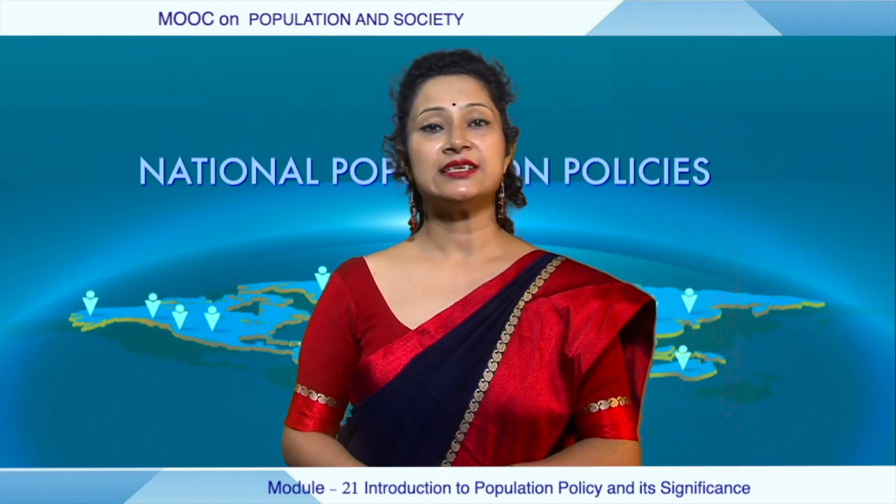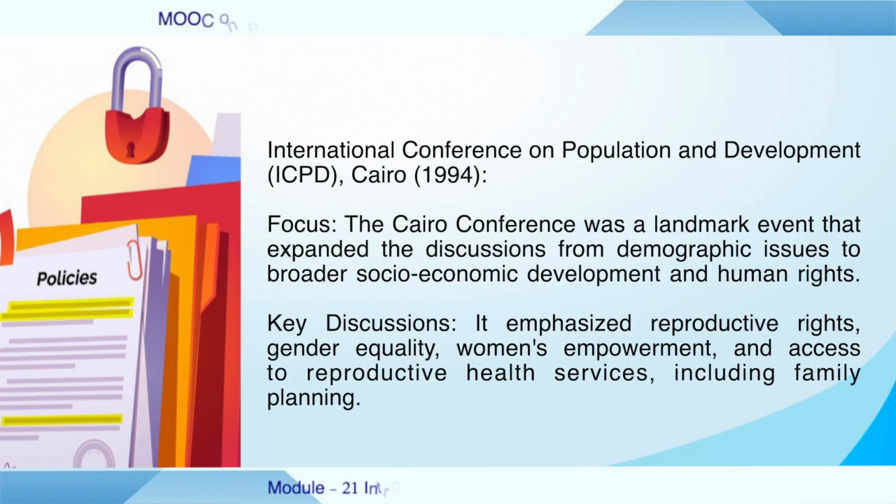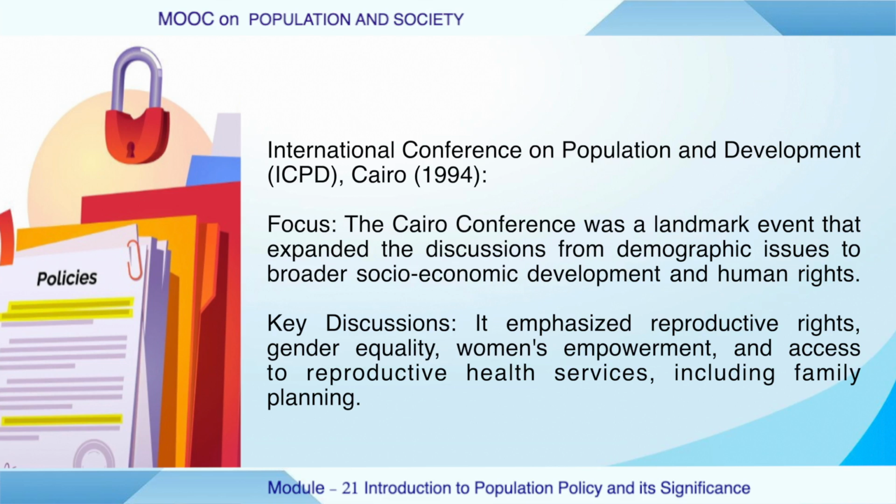Next, we have the International Conference on Population and Development, ICPD, Cairo, 1994. The focus: the Cairo Conference was a landmark event that expanded the discussions from demographic issues to broader socio-economic development and human rights. The key discussions emphasized reproductive rights, gender equality, women's empowerment, and access to reproductive health services,